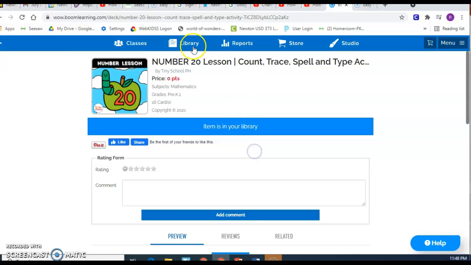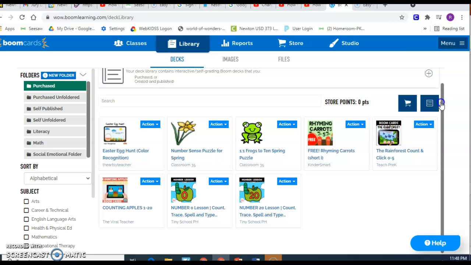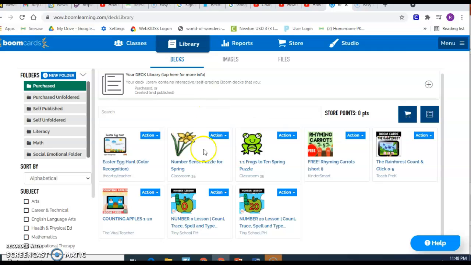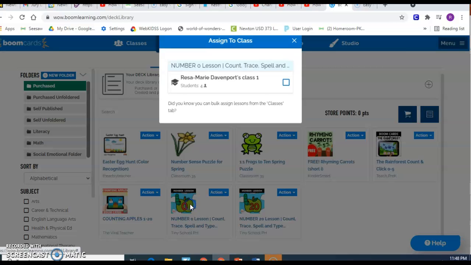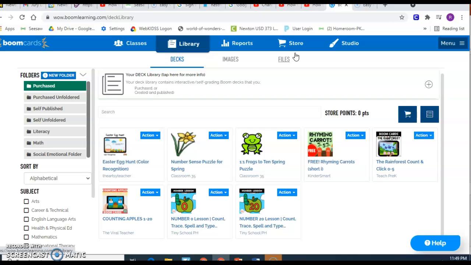Okay, up next I'm going to show you where my library is, and if I wanted to assign an activity to the whole class, all I have to do is go to my library, select my action, and I will click Assign, and it will pop up. I can assign it to my entire class by selecting this button. But in this case, I would really like to show you how to differentiate assigning an assignment